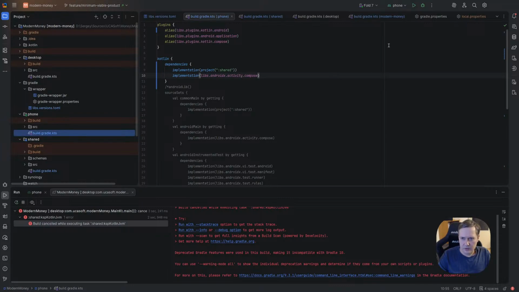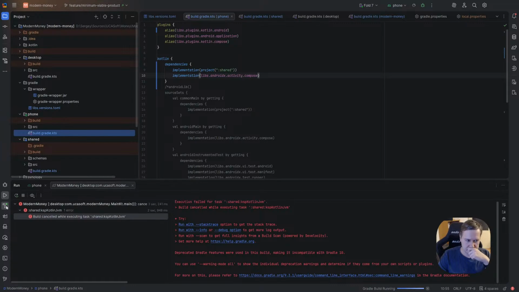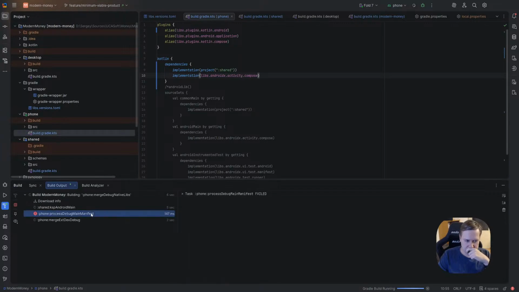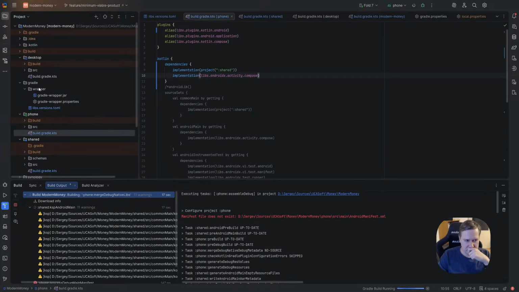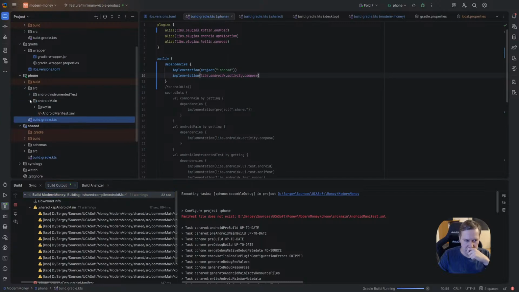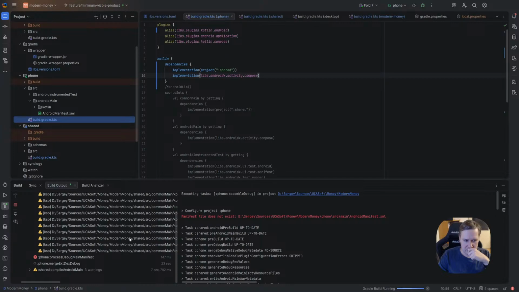Yeah, I clicked the wrong button. Let's switch to phone and let's try to run it. Manifest file doesn't exist. Okay, it should be main, not Android main anymore. So yeah, it will fail, I guess, not hope.